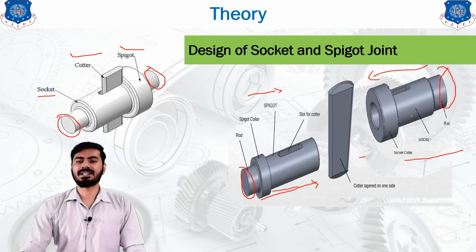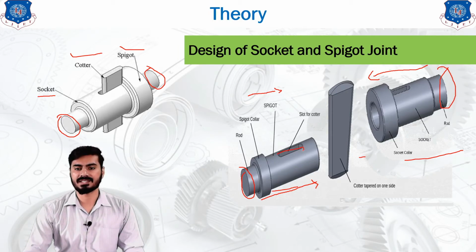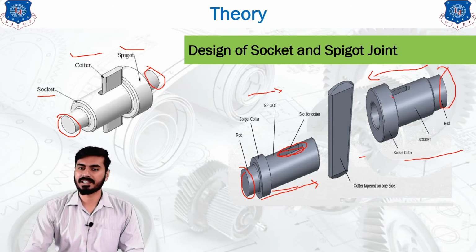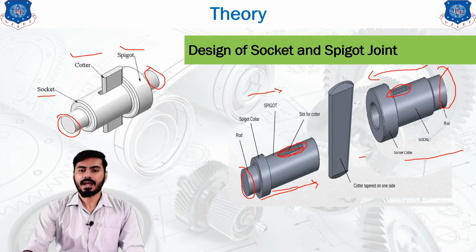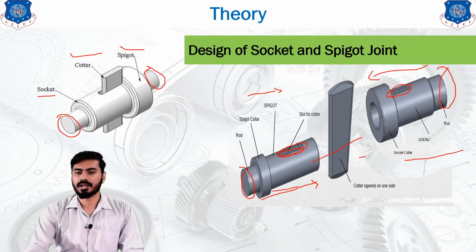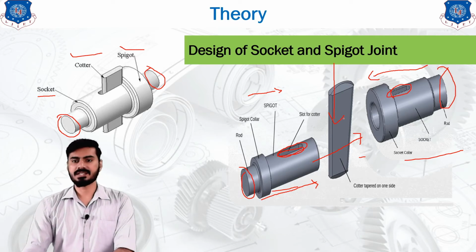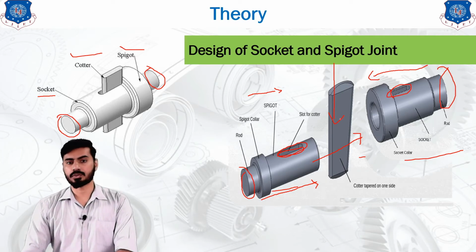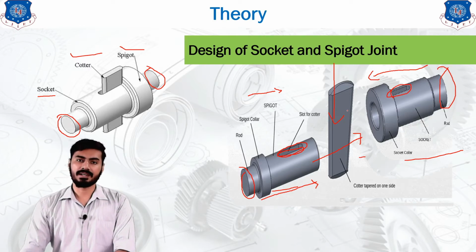After creating this type of shape, we will create a through hole, or we can say a through slot, in the socket and the spigot, in both the shafts. Then after inserting the spigot into the socket, we will get the through hole to insert the quarter pin in the hole or in the slot. So this is the basic assembly design of the socket and the spigot,